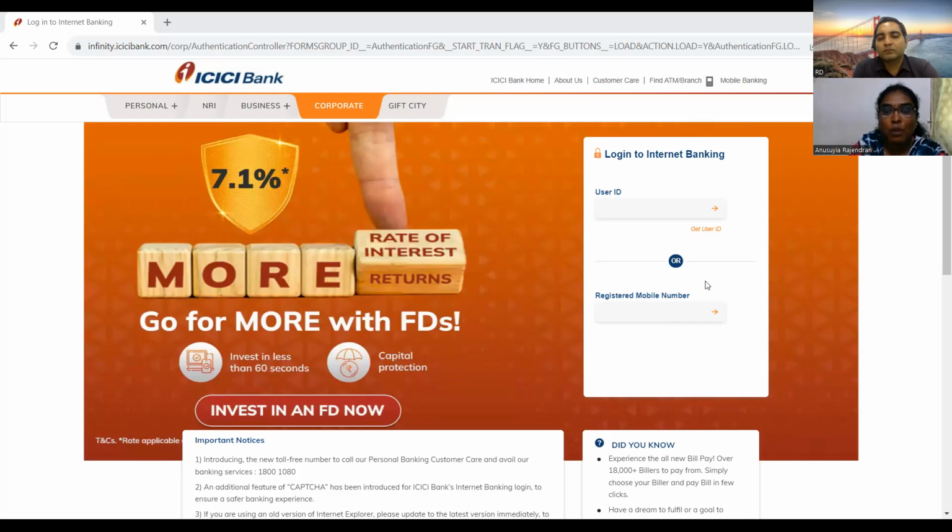And if I'm giving a mobile number that is not valid, some random number that doesn't exist, it shouldn't allow me to log in. The same is applicable for user ID as well. If I'm giving any invalid random IDs, it shouldn't allow me to log in.